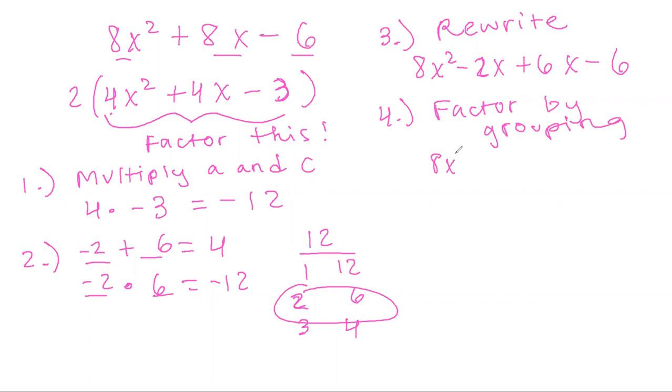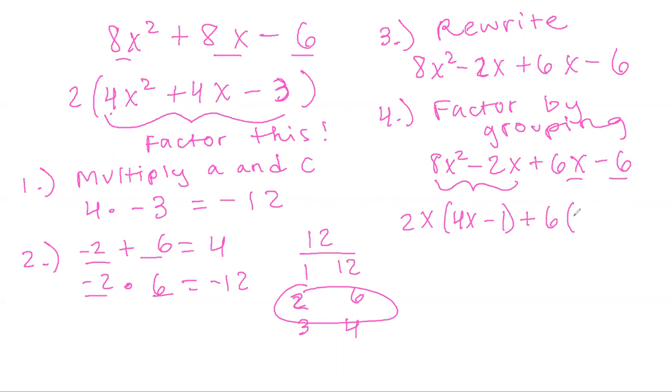So I'm going to rewrite my equation here. So I'm going to take the first two terms and take out a 2. Actually, no, I can take out a 2 and an x. And here I have 4x minus 1, right? Because 2x to get to negative 2x is just negative 1. Here I can take out a 6. So 6 here. And then,